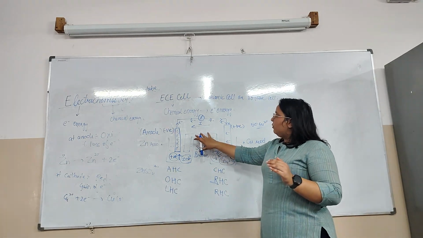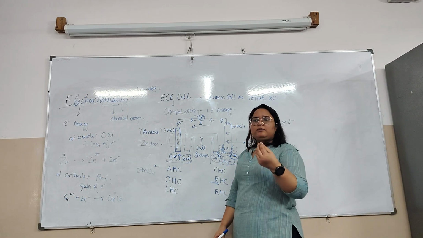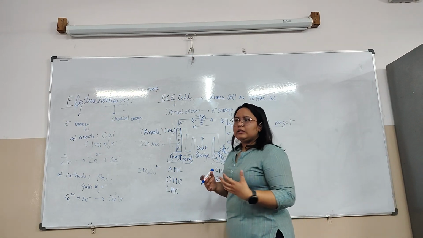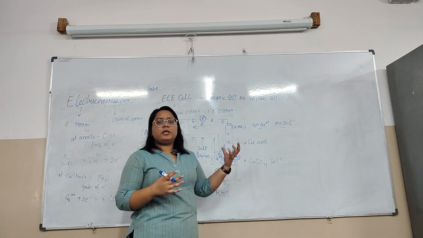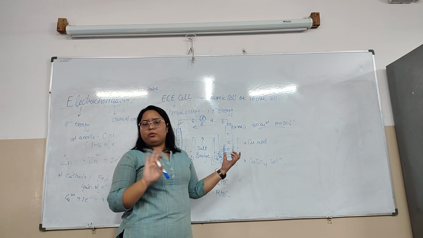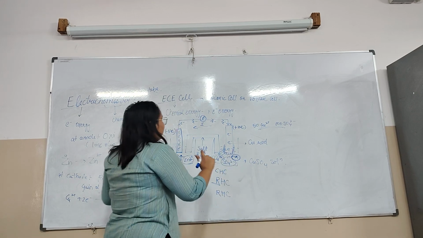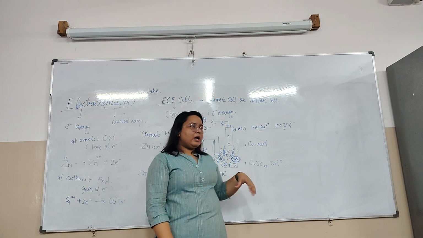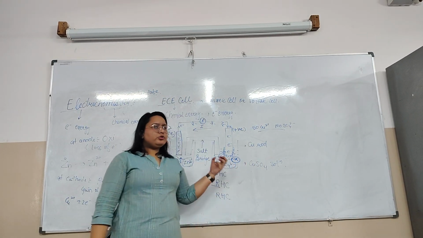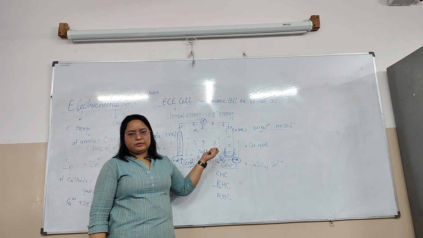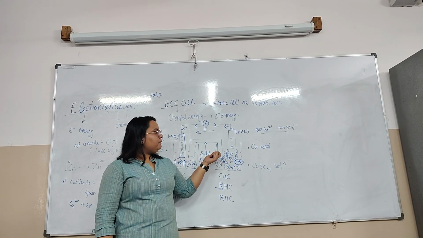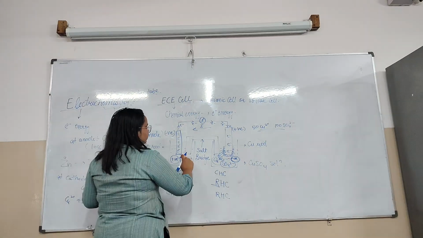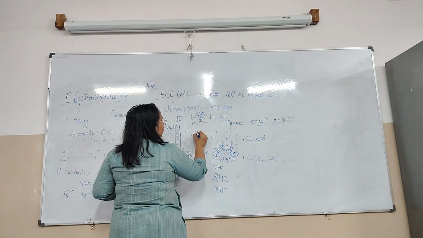But here, what is a salt bridge? A salt bridge is an inverted U-tube filled with inert electrolyte. What do we mean by inert electrolyte? Those electrolytes which do not participate in our overall cell reaction. Now, agar-agar powder is used to make it a semi-solid state. Semi-solid state means a jelly-like state. Now, for example, we use